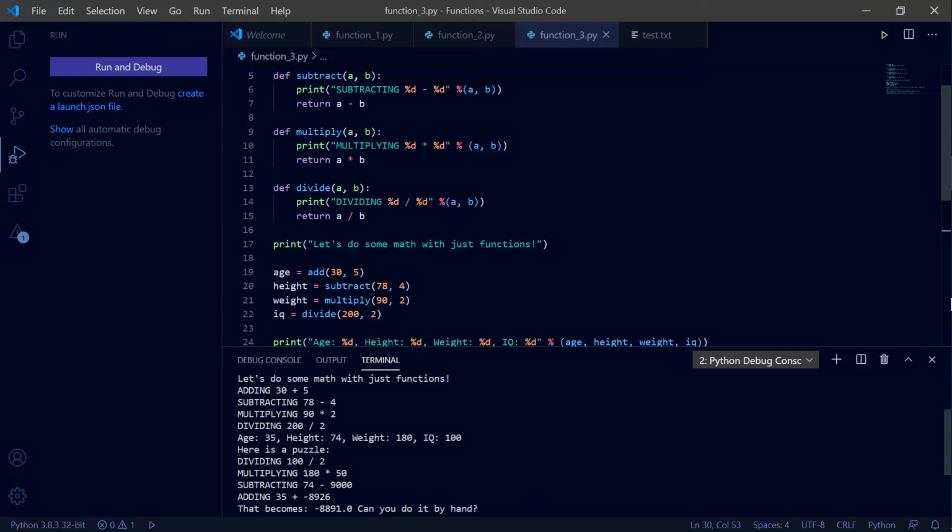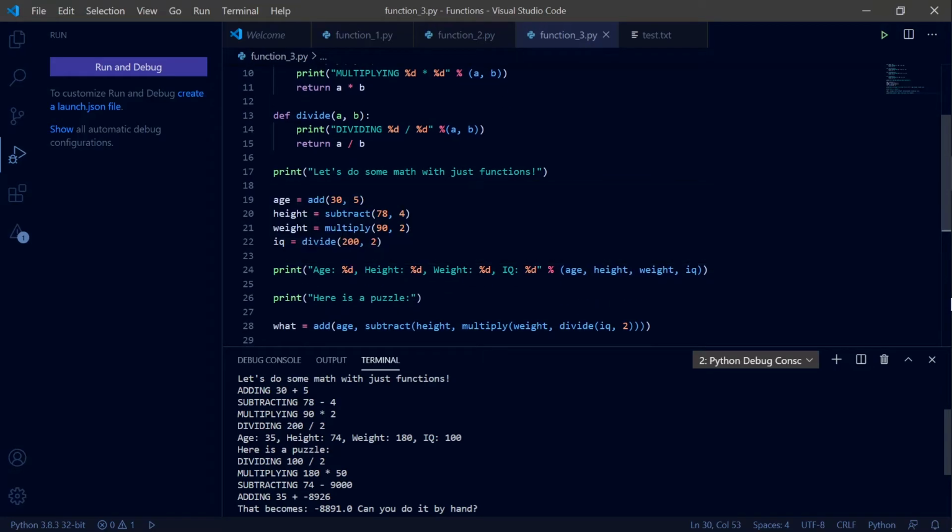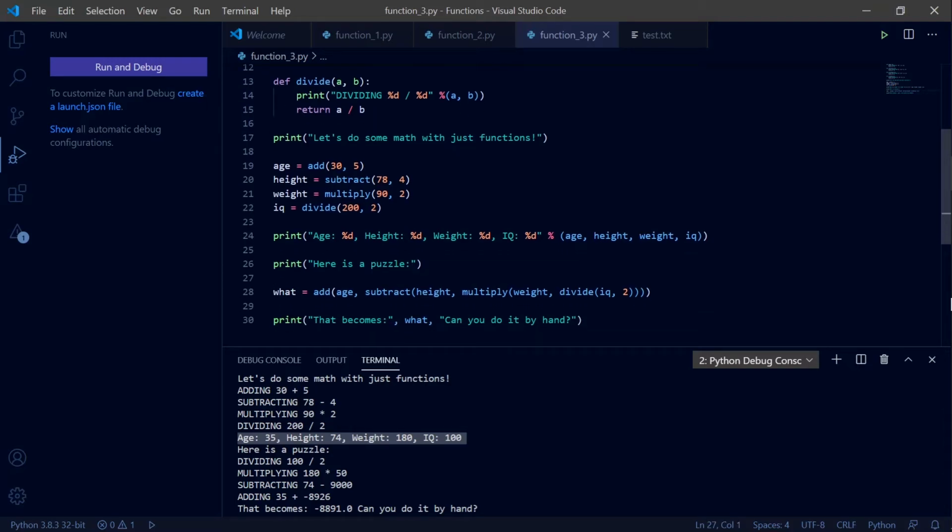We're calling multiplication and dividing. And then right here, we finally call the age, height, weight, IQ, and then specify these variable names, which are going to be holding the integer values. So they will print the thing, but it will also store the return value as the variable, which is pretty cool. So then we get the string printed out right here. So this whole thing, because we're calling it at line 24, and then it's going to print line 26 right here, obviously. And what equals, it's going to add the age,